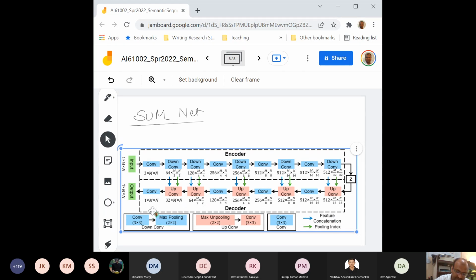Now you keep on repeating this all through. Then you come down to your latent layer and then you again scale up in the same way over here. Okay. So now all convolutions are essentially 3x3 convolutions. Pooling and unpooling are all of 2x2. And it's very clearly shown over here as well. Okay. So now,